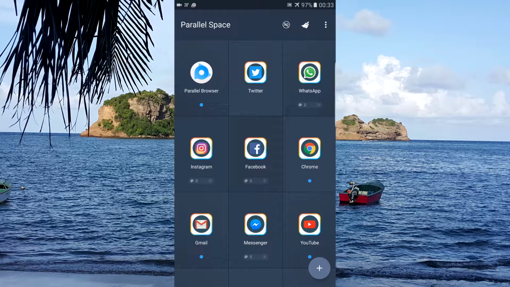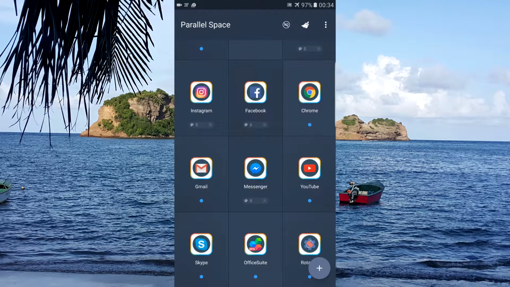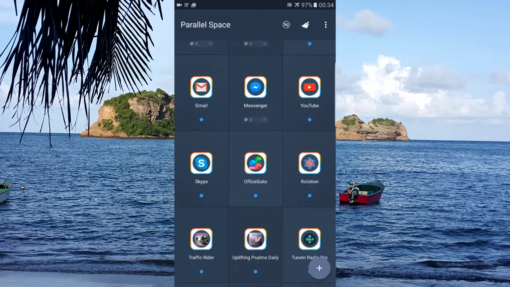Parallel Space was updated, right? And the update stated that it will make the apps more stable, right? Stable inside there. So I think once you get updates on an app, it means at least you have some credibility. Okay, so when you do all this stuff, let's say you create documents, you have your Office here,